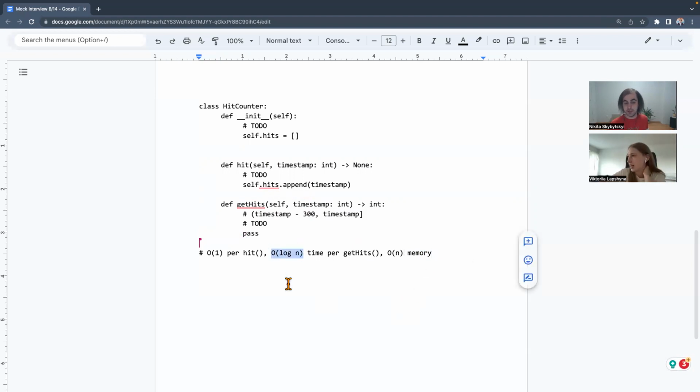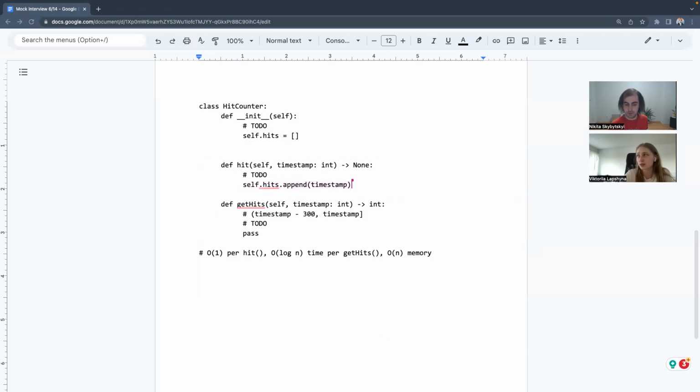This is reasonably efficient. We can do better, but you may also implement this solution if you want to. So what I was thinking is exactly what we talked about a bit before, that we don't really need to store all the timestamps.